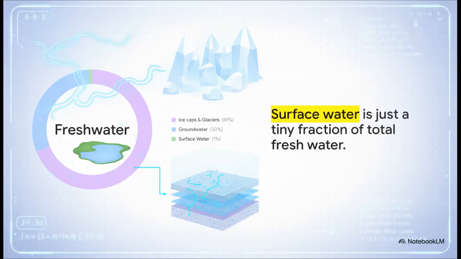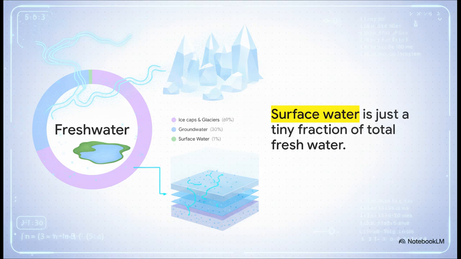Okay, let's look at the actual data here, because frankly, this sets the stakes for our entire journey. When we think of fresh water, we almost always picture the rivers and lakes right in front of us. But in reality, surface water makes up barely over 1% of the available fresh water on the planet. I mean, that's wild, right? The vast majority, nearly 69%, is locked away in ice caps and glaciers like a frozen desert, and an astonishing 30% is hidden right beneath our feet as groundwater. So the big takeaway here is that the water we see every single day is just a tiny, tiny fraction